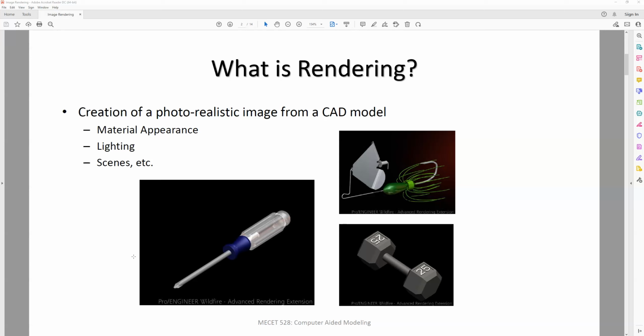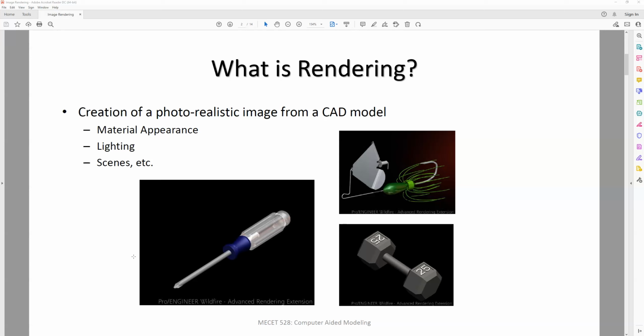But you can also go to the next level and say, hey, I'm creating a model of a product, and I want this product to appear as if it is going to be on the shelf, right? As far as the right color scheme, maybe it's got decals or stickers on it, all that type of stuff you can actually build into your model itself, and then you can go through this process called rendering, where you